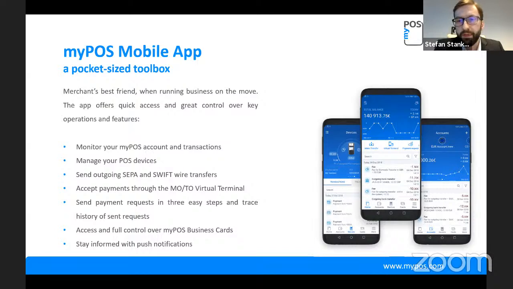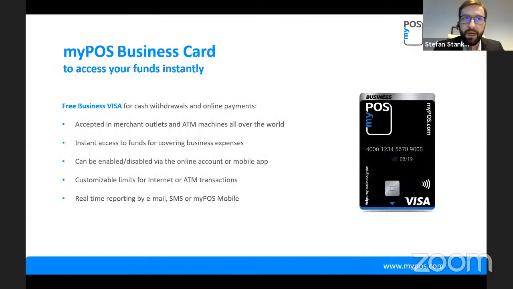You can accept payments. You can accept Moto payments from your smartphone. You can also generate links from your smartphone. Our payment requests enables that, and you can send it to your customer so he or she can pay via card or via Apple Pay or Google Pay, the preferred payment method. We cover all of the popular payment methods, so there are no limitations for you to get paid.